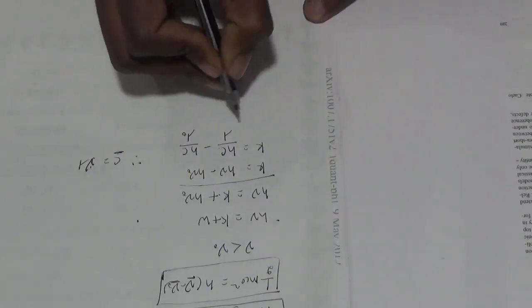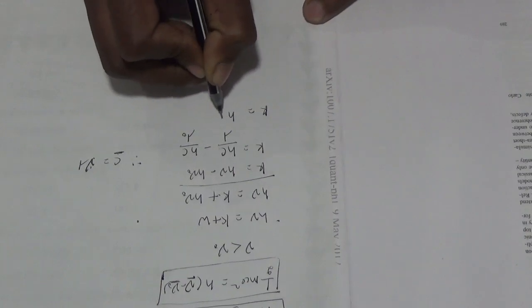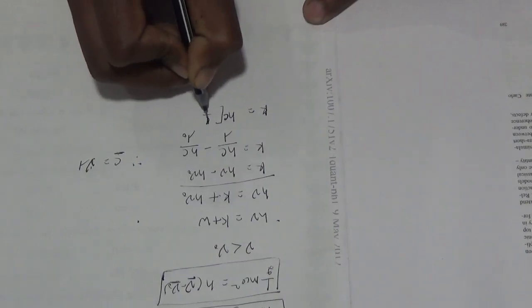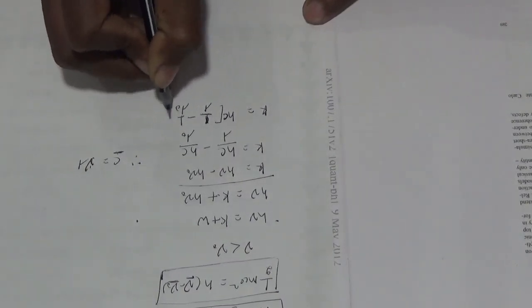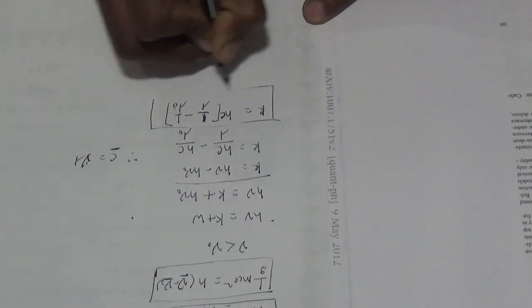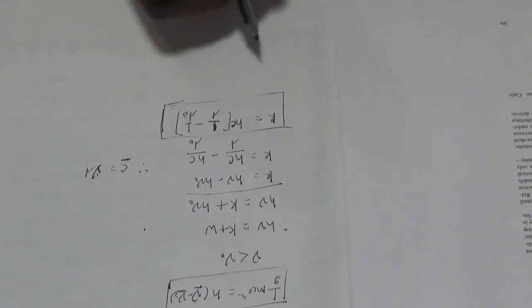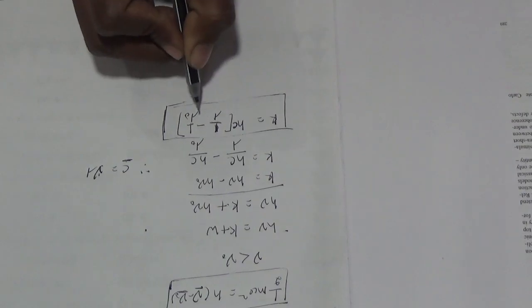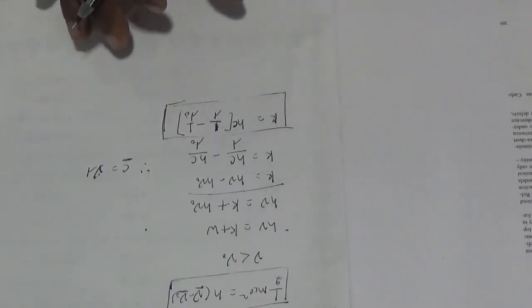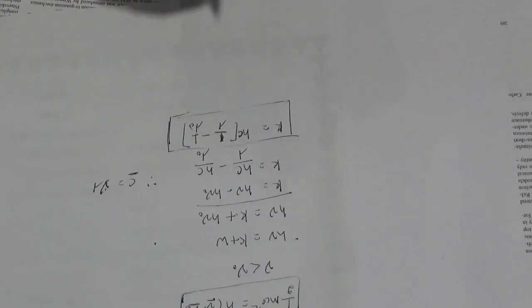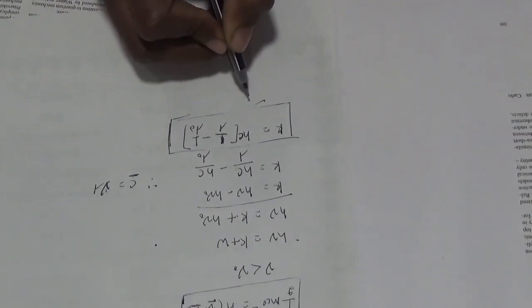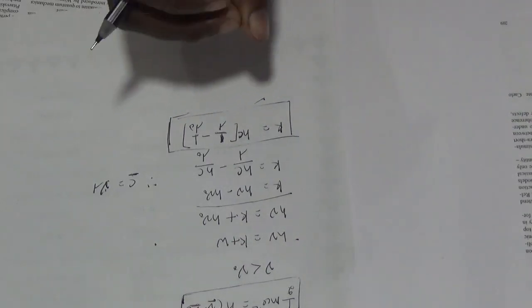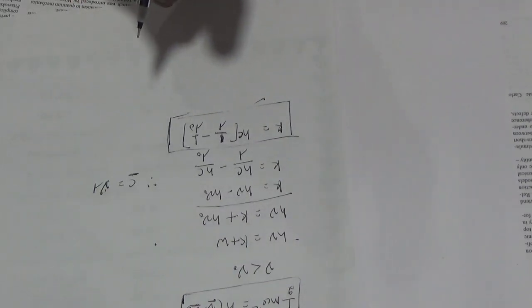Now here, taking hc as common, we get 1 by lambda minus 1 by lambda naught. Here we can get another result. K, in other words the kinetic energy, is equal to hc times 1 by lambda minus 1 by lambda naught. From this equation we can find the next formula.